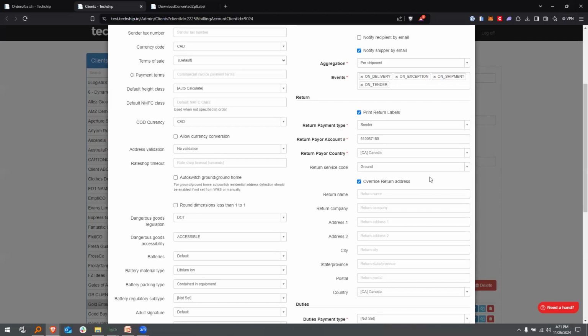So they have their own support, technical support, and RMA center somewhere else. It's not going to come back to the warehouse, all right? So in that case, what we do is override return address, all right? Once you override return address, you have the capability of providing a name here. Let's say, for example, RMA center,